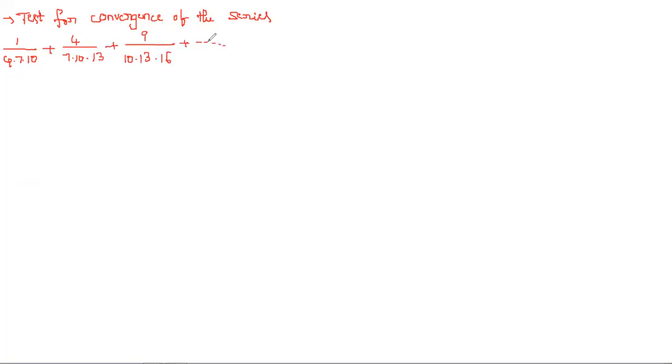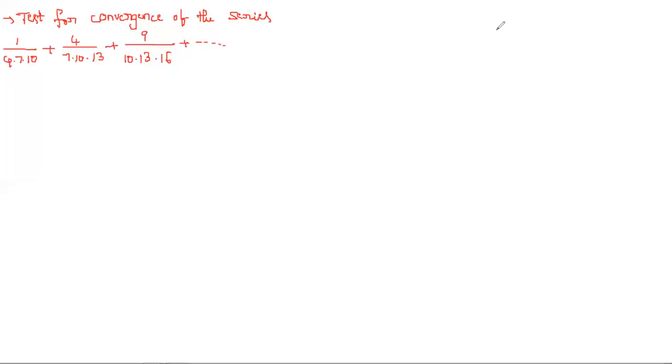So this is an infinite series sum, plus and so on, they mentioned. For this series, first we need to write it as un, the nth term. Here they didn't mention any nth term. In some cases they may mention the nth term, and then we'll take that and continue. But here they didn't, so first we need to write the nth term.